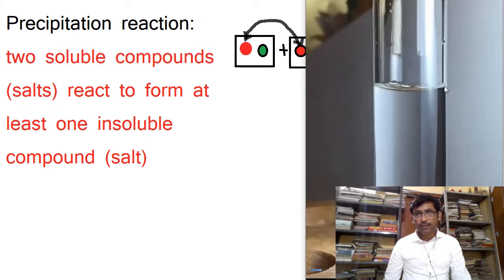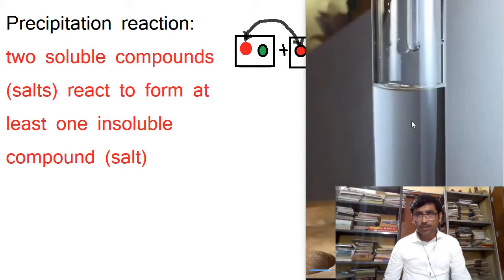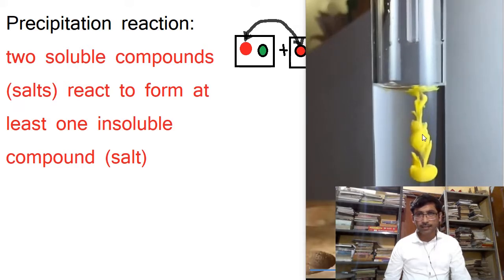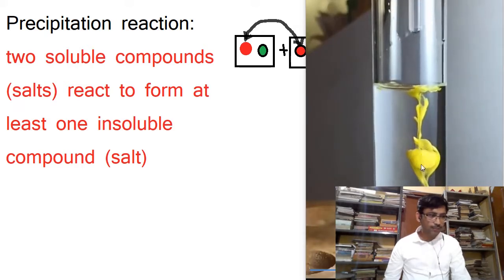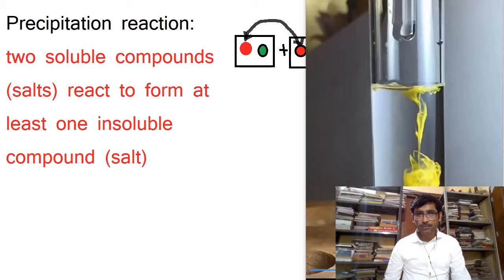Now this is really a very wonderful example. Let me show you this example. We have lead nitrate and potassium iodide. So we are going to just drop some potassium iodide into this lead nitrate solution that is there in the bottom. So you see, we are going to put one drop of potassium iodide in lead nitrate, and this is the reaction. This is the yellow precipitate of lead iodide. We'll see this reaction very soon.